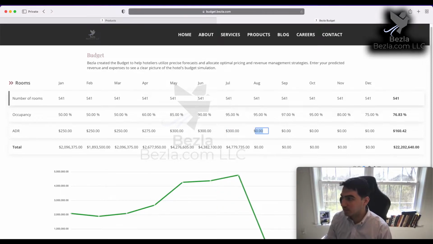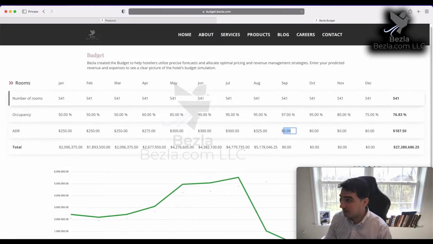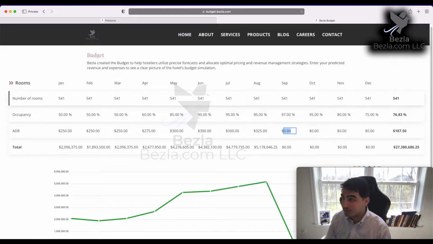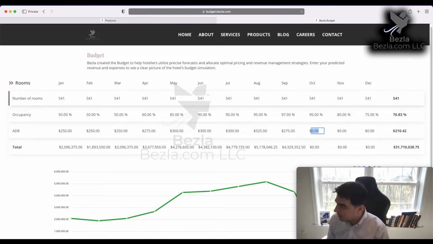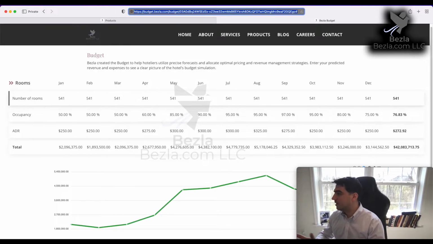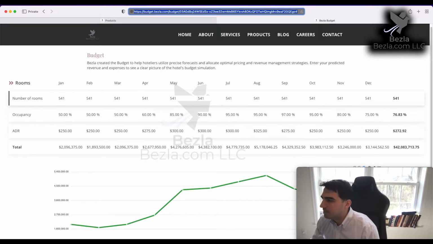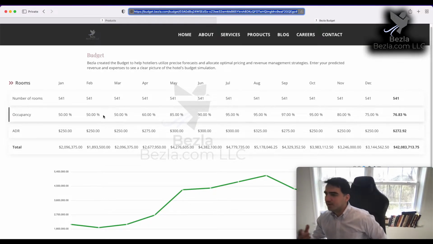And then on August, let's say they're going to hit 325. In September, let's say they're going to hit 275. And then from that point on, they're going to slowly bring down their ADR. Let's say they're going to do it again, 250, 250, and 250. All right. So if our property were able to hit these numbers, okay, which is actually like,